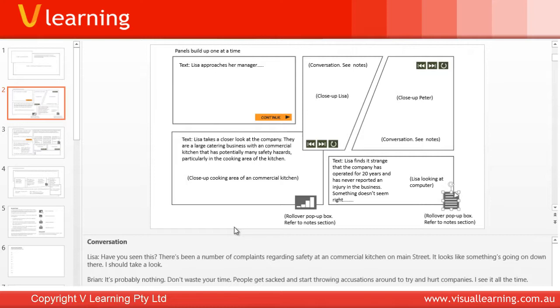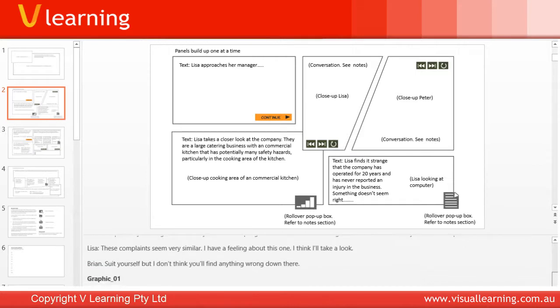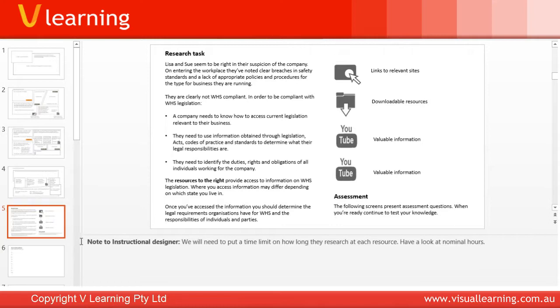When you're writing content to go in the pop-up boxes, you can place a description of a graphic, a link to a reference, or text material in the notes section of PowerPoint. This is really helpful information for the researcher who will collect all the theory-based content. At the end of each element, there'll be a research task. This is where we ask the student to go and research information relating to the content presented in the element. You should provide an indication of the task, however the researcher doing the content collection will complete the detail on